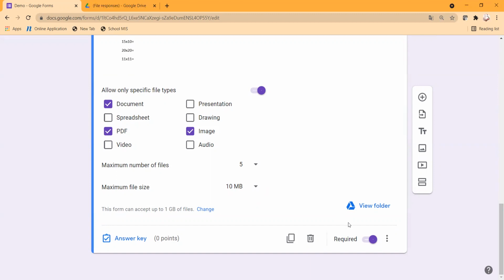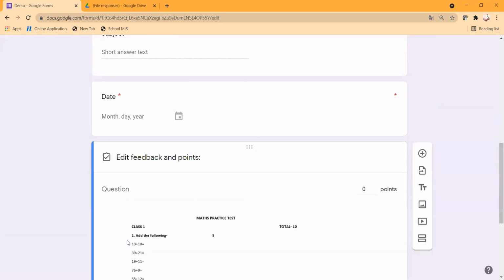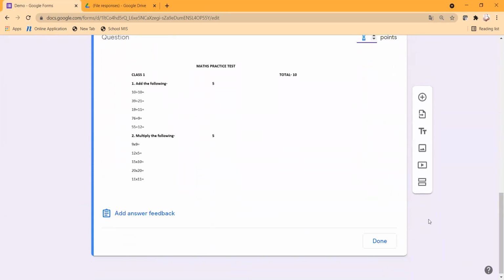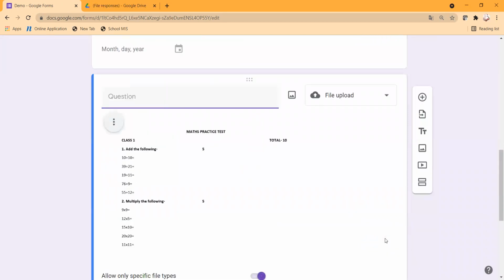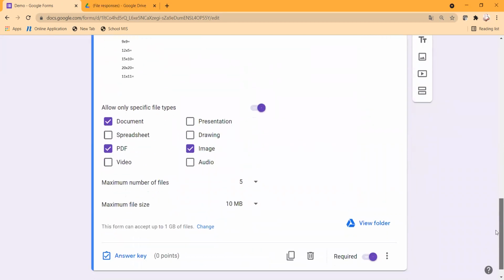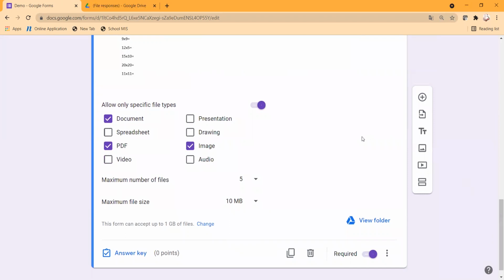Now here, what I will be doing is, all the other settings are done like this. Answer key, I can give, or I can also leave that depending on how I want to give the answer. Like all the questions have to be evaluated. That has to be done by the teacher manually. So here I can leave these points value because already I have given 10 marks here. So that after evaluation, we can give. Now I'll put here done. So in this way, our Google form is created where the child can easily upload the answers.